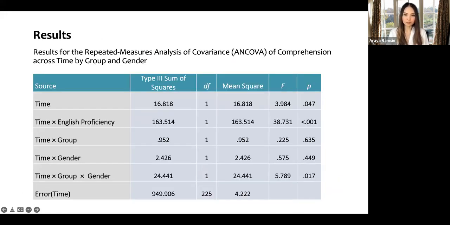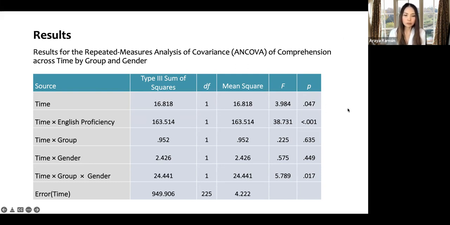Here are my results. These are the results for the repeated measures analysis of covariance, or ANCOVA, of comprehension score across time by group and gender. Overall, participants were found to improve significantly from pre-test to post-test. You can look at the p-value here. Time here means pre to post. So everyone seemed to improve significantly